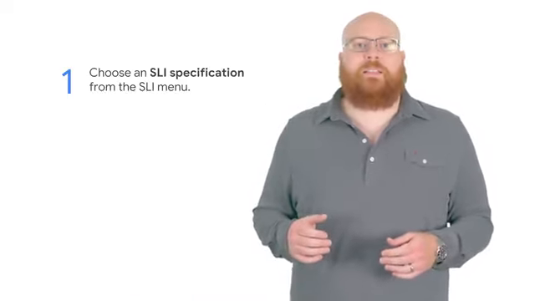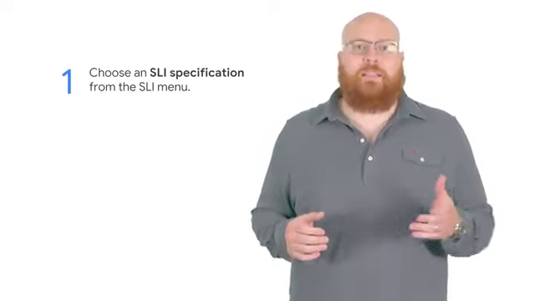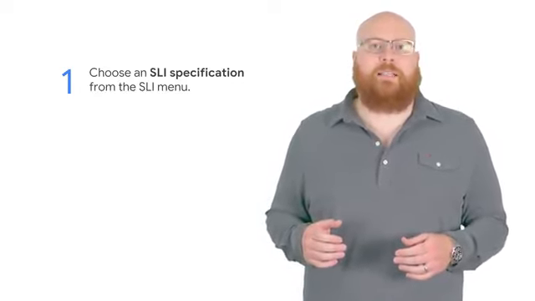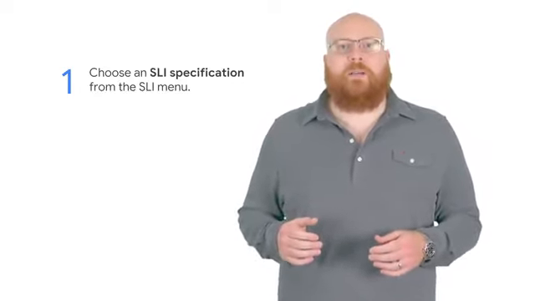The process of developing SLIs and SLOs for a user journey can be broken into 4 steps. We foreshadowed a lot of this process in the previous module while talking about the SLI menu, but now we're going to put the pieces together explicitly. The first step is to figure out what types of SLI you want to measure for your journey and set down high-level specifications for these SLIs. This is where the SLI menu comes in handy.